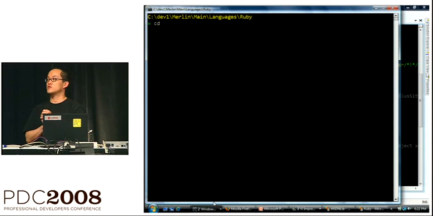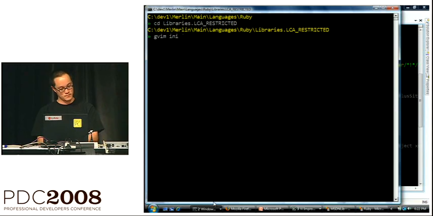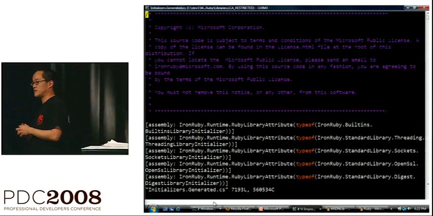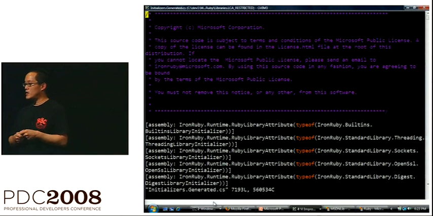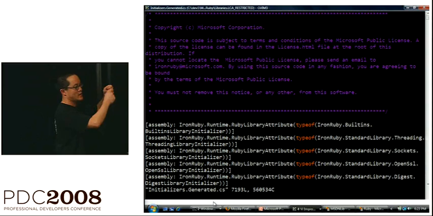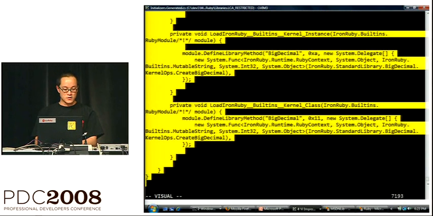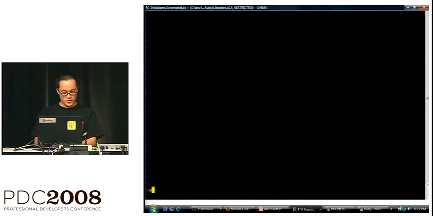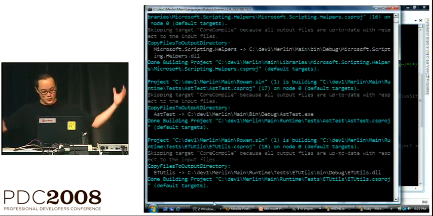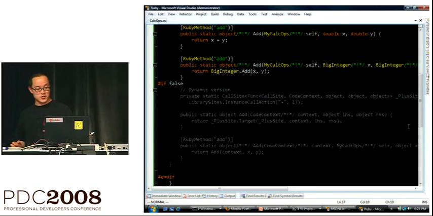This is something that, if you worked on our libraries before, you're going to run into this issue. We code-gen a bunch of stuff for our initialization. This is essentially how we create all of the tables that we need to say, okay, this thing has this method, and it maps to this .NET method, and so on and so forth. Since this is all generated code, it's perfectly okay for you to delete everything inside of this file. Okay, so while it's compiling,